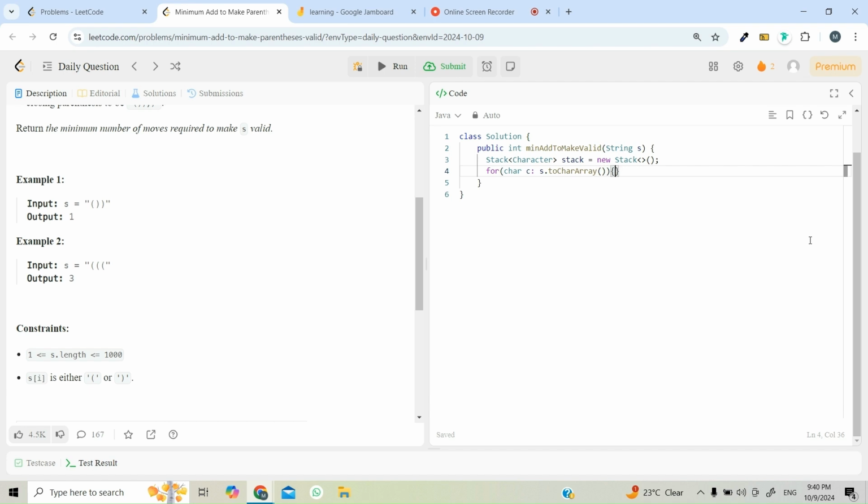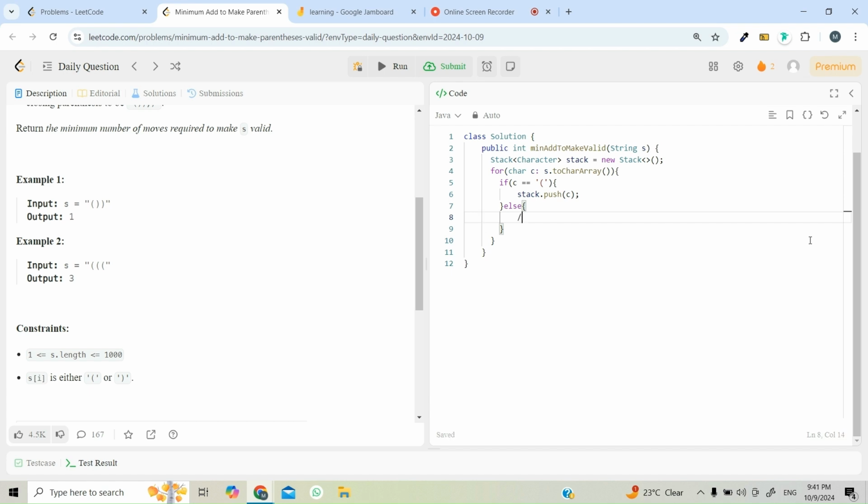If our character is equal to an opening bracket, we simply push the character into the stack. Else, if we encounter a closing bracket,